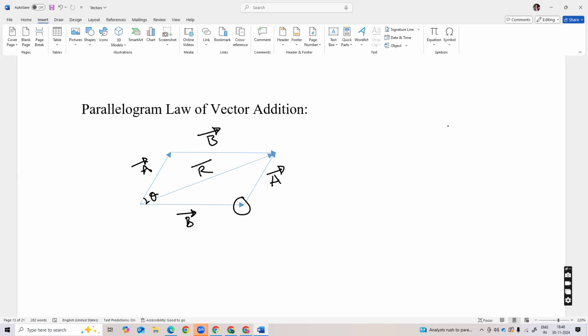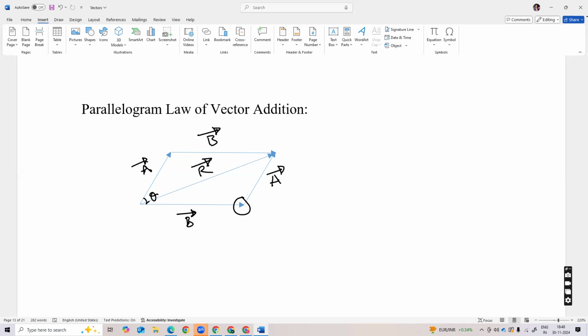Which is joining their initial point. So first, initially we had two vectors, vector A and vector B, then we moved them in a way so that we got a parallelogram, and now this diagonal of the parallelogram is known as the resultant of these two vectors, whereas the other diagonal is basically,